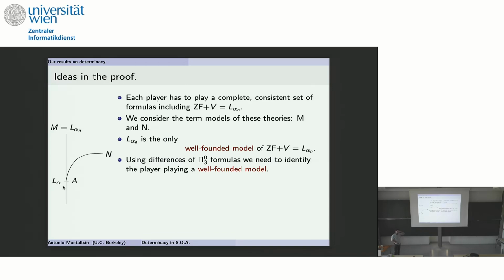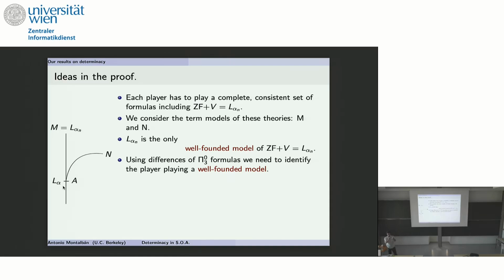Okay, so in Harvey's proof for showing that you couldn't prove Pi^1_5 determinacy in second-order arithmetic, instead of alpha n, he's using this beta 0 ordinal, which is the first ordinal that is not n-admissible, that is, n-admissible for all n's, for which you have a model of second-order arithmetic, but he was using Pi^1_5 formulas. And with those formulas, you can write something that pretty much identifies which of the 2 models is the most well-founded of the 2. So it's easier in that case.